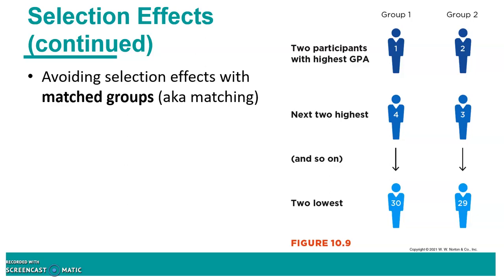So you'd rank them from highest to lowest GPA, and then you'd have pairs in order, the two highest participants on down to the two lowest, and then within each of those pairs they're going to be randomly assigned, where one goes randomly to one group and one is randomly assigned to the other through like a coin flip. Okay, so then at the end you're going to have an even distribution of GPAs between the two. The GPA levels should be basically the same between the two. All right, there's another part to this, but that's the end of this